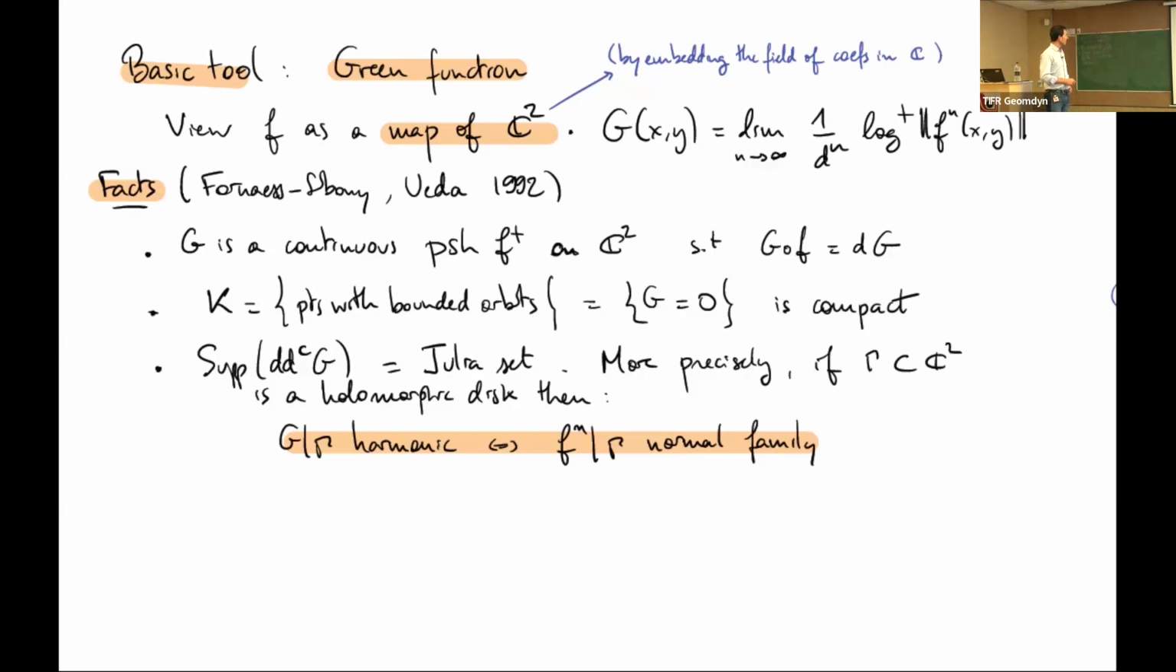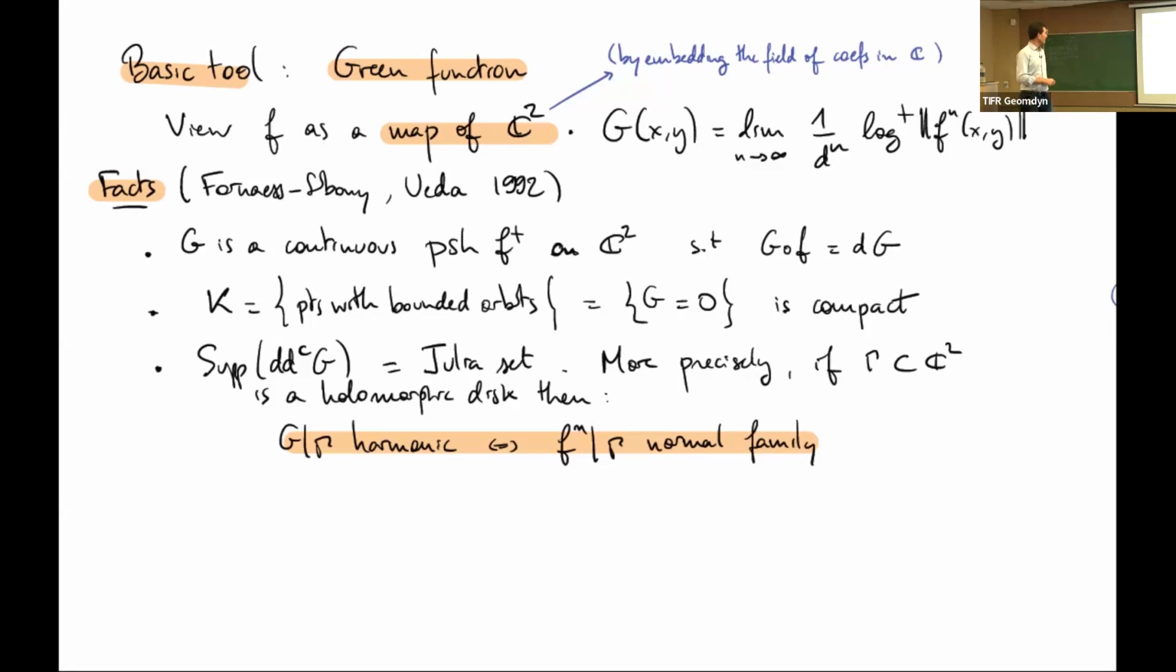And so this function has nice properties. So here we go. It's a continuous and pluri-subharmonic function. Pluri-subharmonic means that it is subharmonic every time you restrict it to an analytic curve. And it satisfies this invariance relation: G composed with F is d times G. Sorry, there's a little clash in notation here. The K here is not the field, it's the filled Julia set. It will appear only here. Okay, so the set of points with bounded orbits, which you would like to call the filled Julia set,